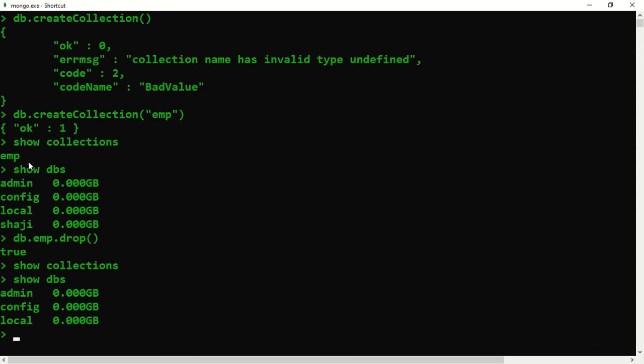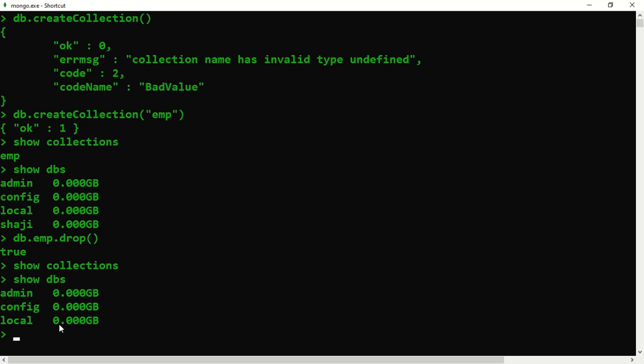Since we have removed the collection called EMP, there is no collection in the current database, so the database name is not shown. Previously it showed admin, config, local and Shaji, but after removing the collection EMP it's not showing, though the database exists.